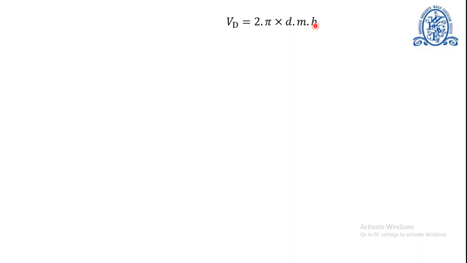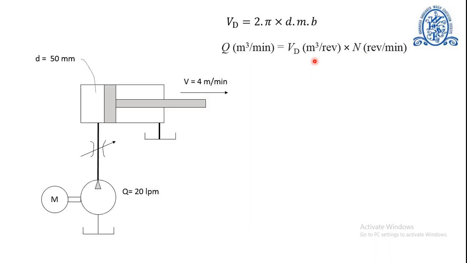We may use fixed displacement pumps in a system, but the flow rate usually is required to be changed in order to get different speeds of actuators. Now, as per this equation, the flow rate can be changed by changing either the volumetric displacement or the pump speed. But in this case, since the volumetric displacement is constant and it is very difficult to change the RPM of this pump in a continuous manner, then how to change the flow rate and thereby speed of the actuator? The solution is use of flow control valve.